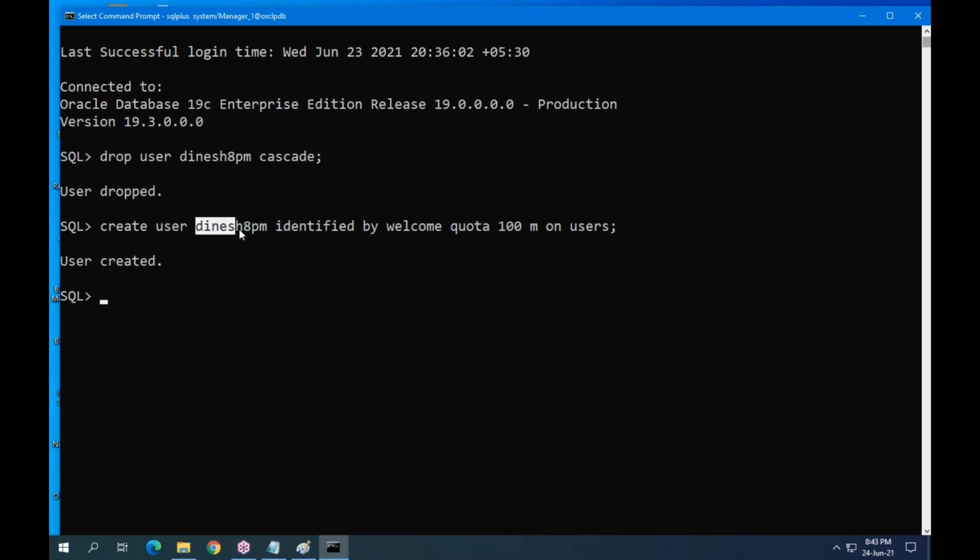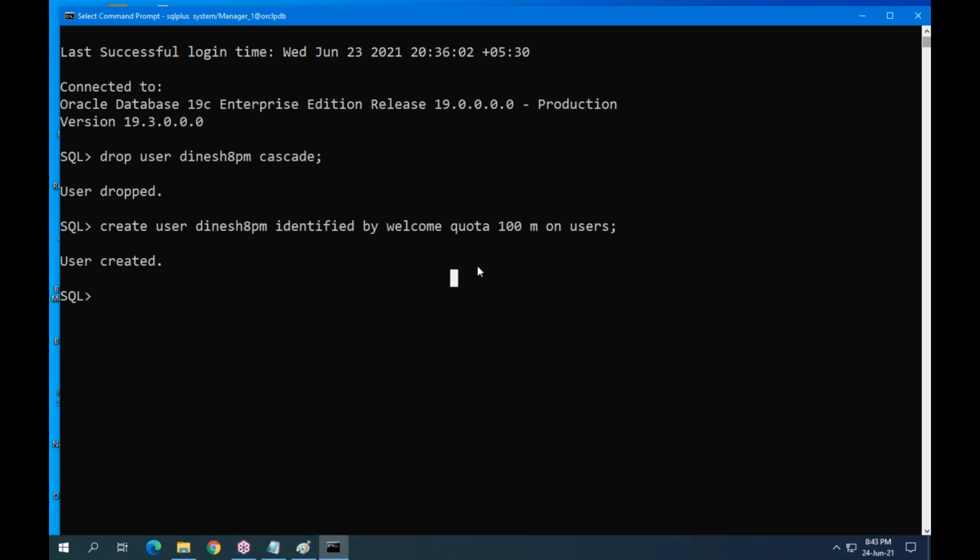So for this user, how much memory am I reserving? 100 MB physical memory is reserved for this user. If you don't reserve this, in Oracle, in any cloud database, the user can insert data, but the data is not stored permanently. Remember.